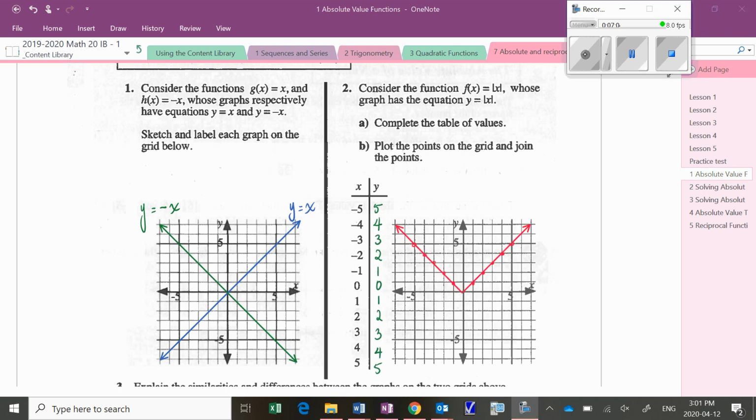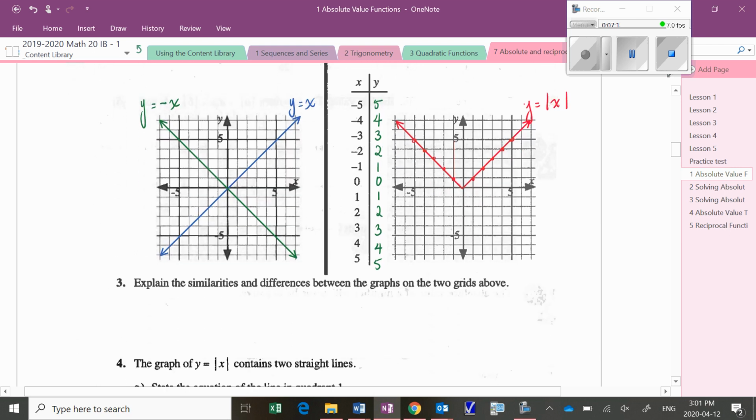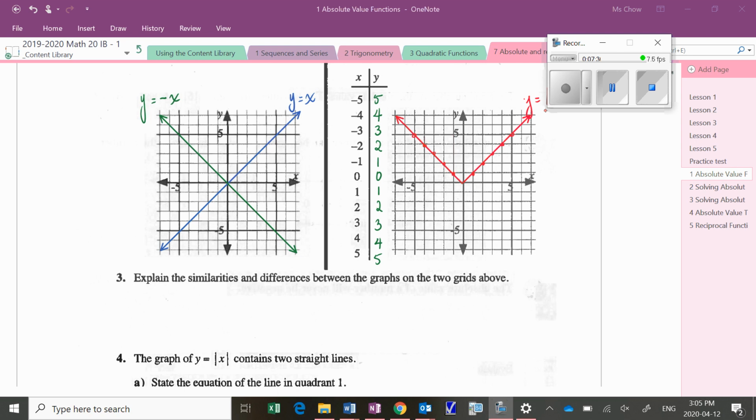Okay, so it should look something like that. So this is, of course, y is equal to the absolute value of x then, when we plotted those points on. So explain the similarities and differences between the graphs on the two grids. So what can we see that they have in common? So what we see then is they're identical in quadrants 1 and 2. And so what is happening there is when y is greater than or equal to 0, so in quadrants 1 and 2,